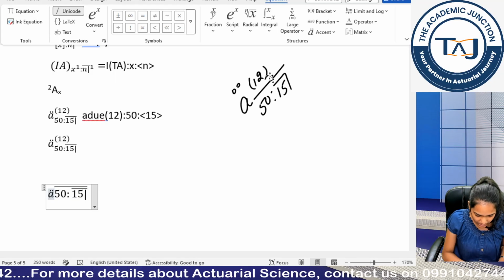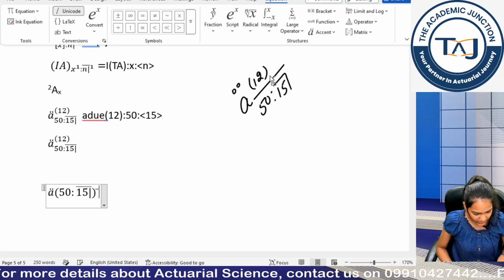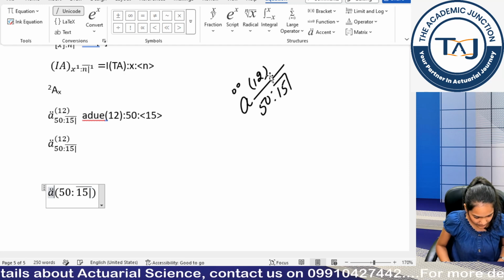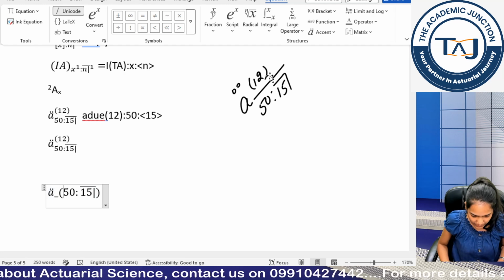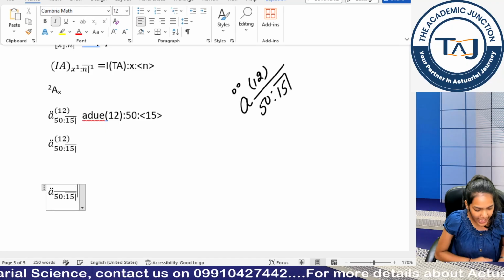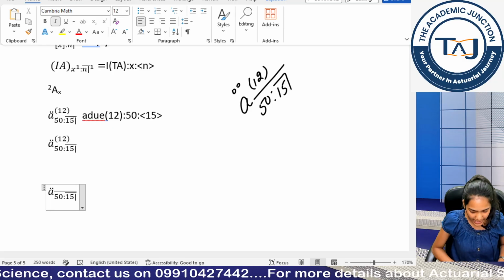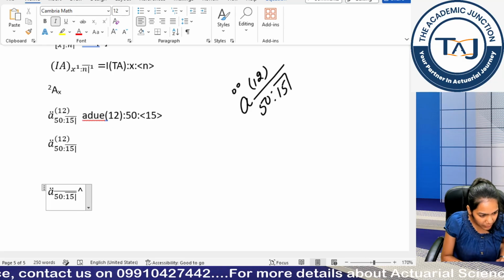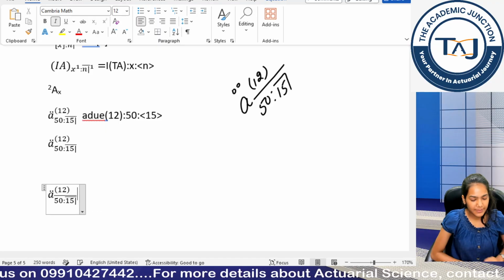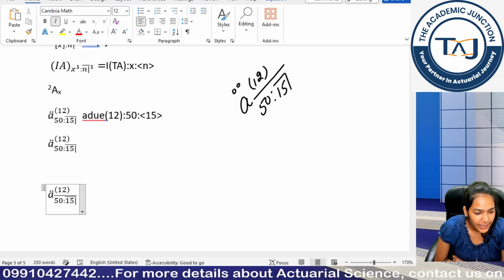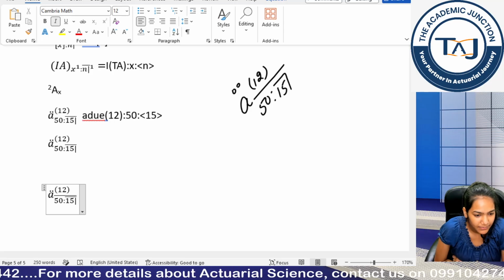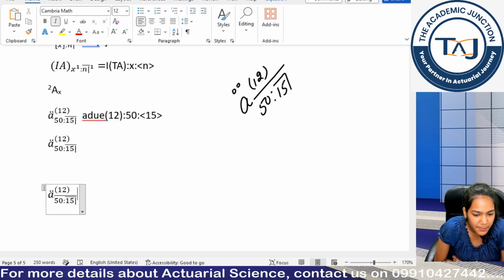And again, did I forget the brackets basically? Just a second. Yeah, I forgot the bracket. So I use, sorry, underscore, I forgot. So that's bar double space and a space. Clear? And I have 12. So raise to the power, double brackets 12 double brackets space. Clear? So pretty simple. It looks so complicated, but it's pretty simple.